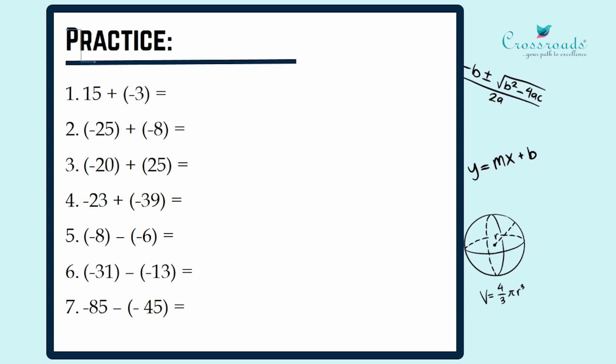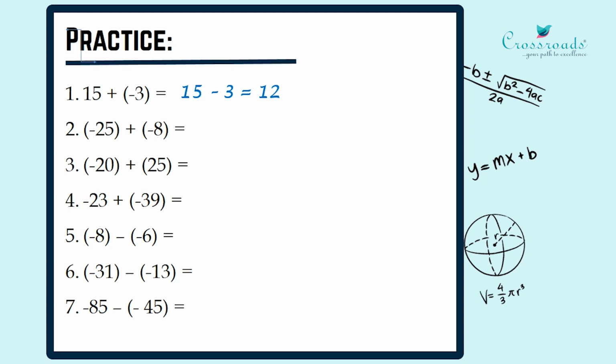Now let's look into some sums for addition, subtraction, multiplication, division. This will just give us extra practice. The first sum says 15 plus minus 3. So a positive integer is getting added to a negative integer. So it's going to become 15 minus 3. How? Plus into minus will make it negative. So plus into minus is minus, hence it is minus 3. So 15 minus 3 is nothing but 12.